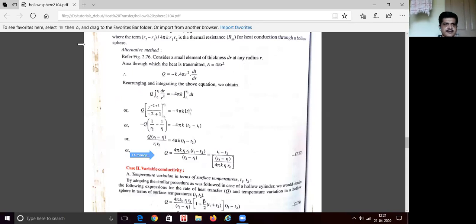And finally, I will show you the logarithmic mean area for a hollow sphere. Here, when the